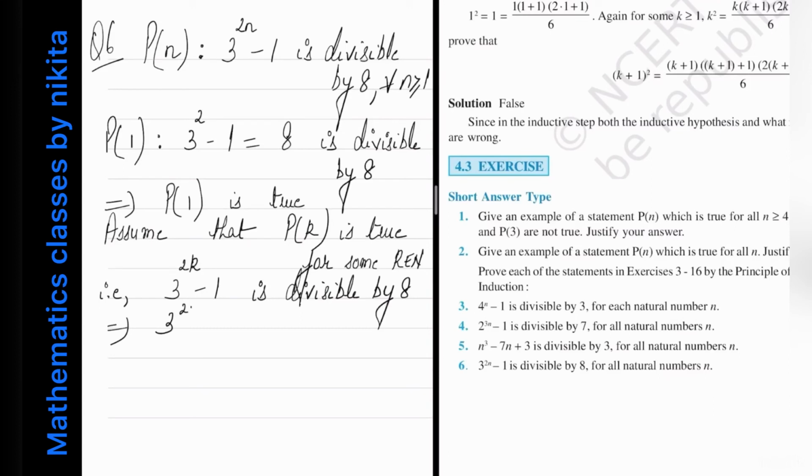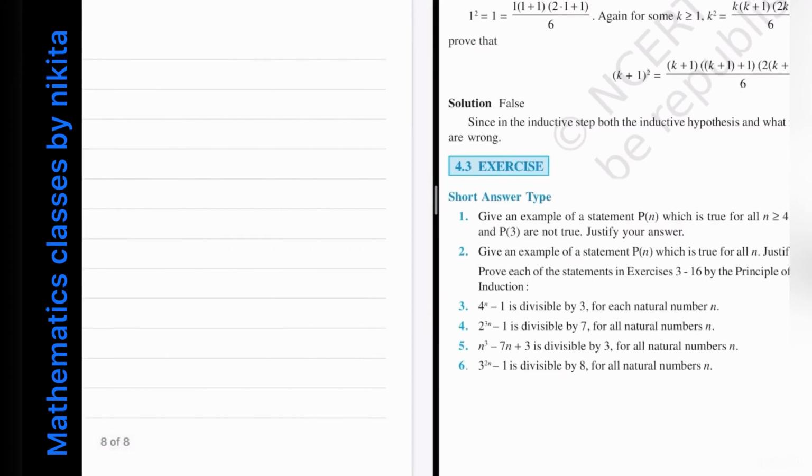और यहाँ से क्या आ जाएगा आपके पास? दैट 3 to the power 2k minus 1 is equal to 8q, where q belongs to Z. ओके, बिकॉज मुझे इस नंबर के बारे में नहीं पता कि ये पॉजिटिव है या नेगेटिव इंटीजर है, तो मैंने यहाँ पे Z लिख दिया. एंड दिस कैन ऑल्सो बी रिटन एज दैट 3 to the power 2k is equal to 8q plus 1. मार्क दिस एज 1. अब हमें प्रूफ क्या करना है? So we have to show that P of k plus 1 is true.